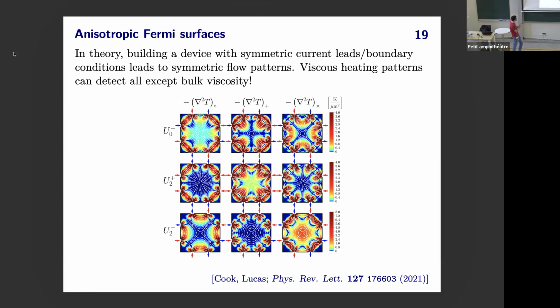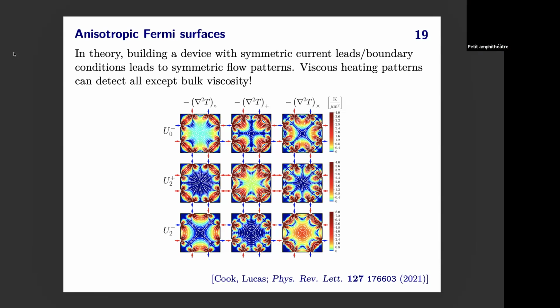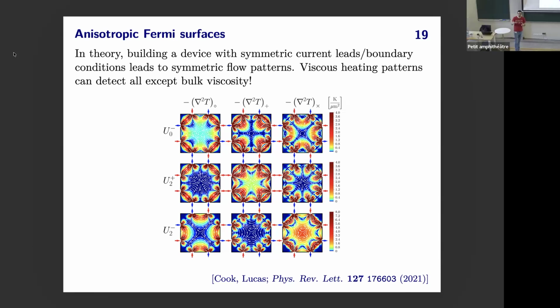The only proposal that I know of is this work by Caleb, where we argue that local heating rates would be sensitive to the existence of this viscosity or not. We have some very clever geometries and current in versus out configurations that can isolate the rotational viscosity at certain points. So in this picture, in a nutshell, if you look at the leftmost column, the heating at the center of the device is non-zero basically only when you have rotational viscosity.